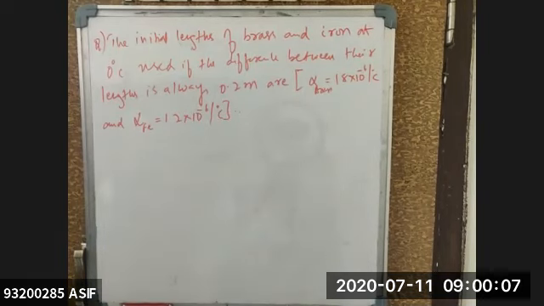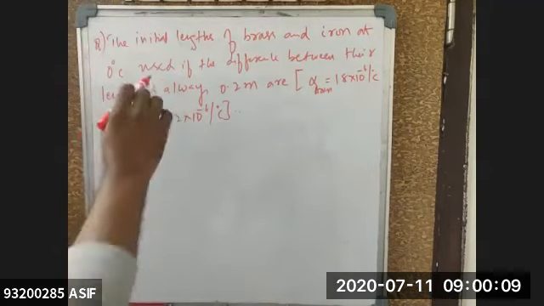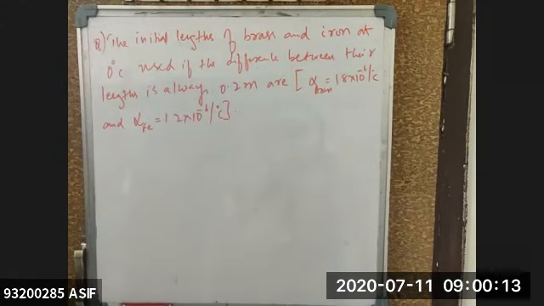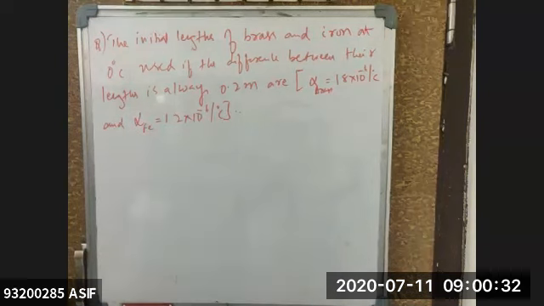Okay, the initial lengths of the brass and iron at 0 degree centigrade are such that the difference between their lengths is always 0.2 meter. So simplify this and get me the values of your L1 and L2. Very good question. Yesterday's homework problem is based upon the same formulas. Difference should be taken and L1 alpha 1 must be equal to L2 alpha 2, because the difference is remaining the same, which means the expansion in both the rods will also be the same.